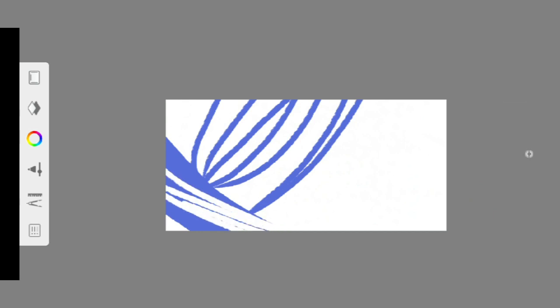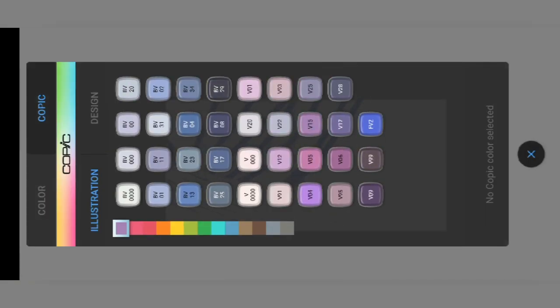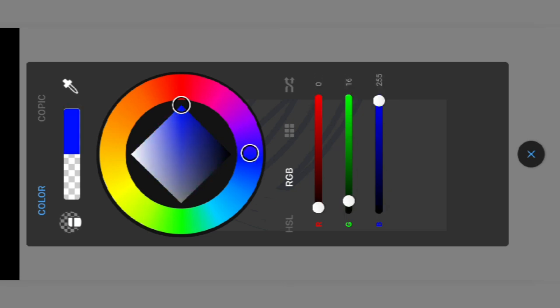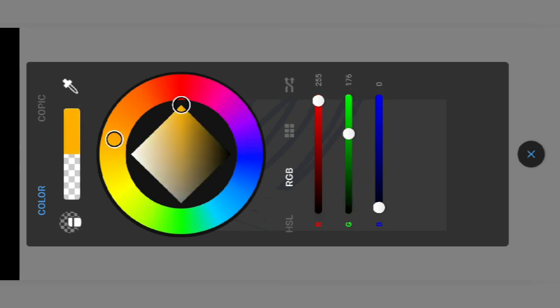But you may not find all the colors that you want in the Copic palette. So you have the standard color wheel, but without that, a few artists might find it uncomfortable to use only the Copic color palette.